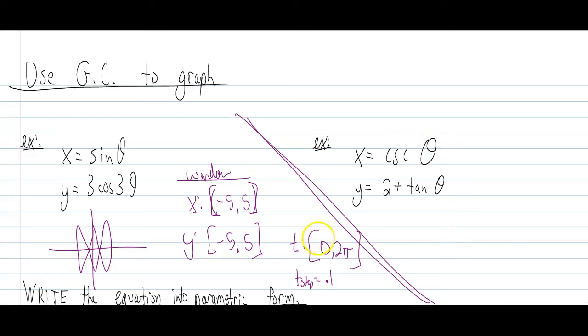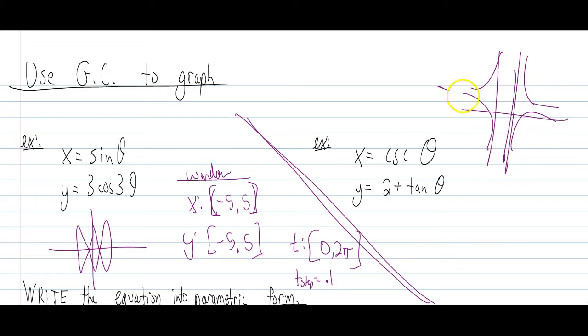Next one, we're dealing with trig functions again. The other thing I forgot to mention in this previous problem was we need to make sure that we are in radian mode. Maybe you gathered that because we were going from 0 to 2 pi. If we went from 0 to 360, then we could have the mode in degrees. But generally, when we're working with trig functions and we're graphing, we want those to be in radian mode. So make sure you're in radian mode for that, and that's what the graph should look like. For the next example, we'll have the windows be pretty much the same thing. The x values, the y values, the t values, the t step, and we want to make sure that we're in radian mode. And the graph for this one looks something kind of like